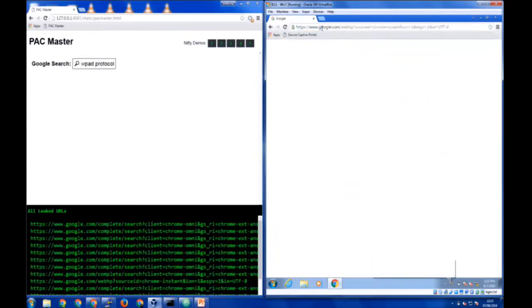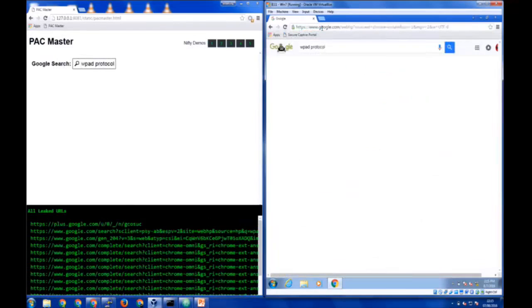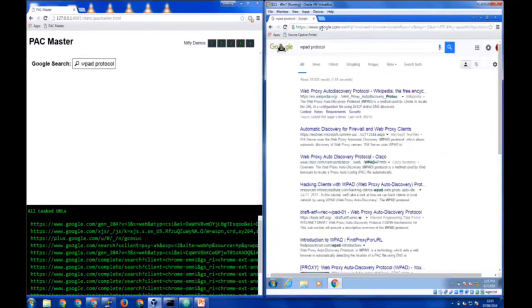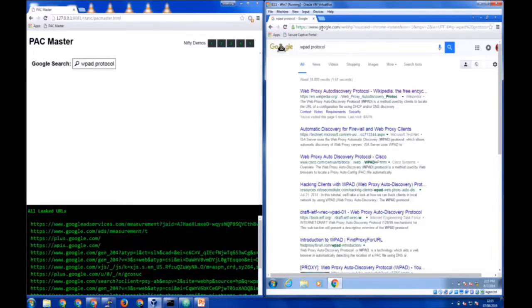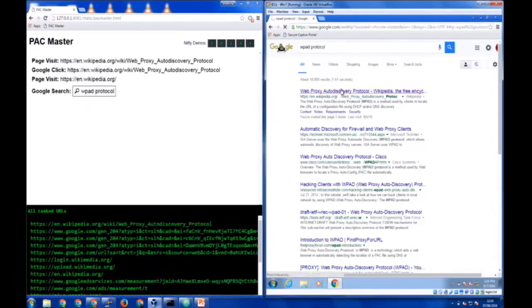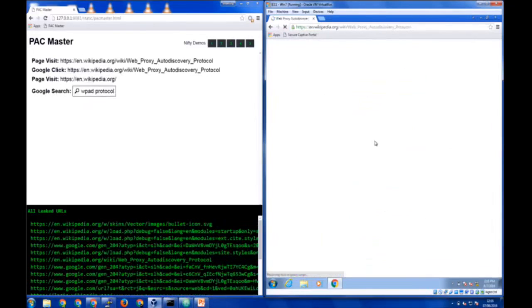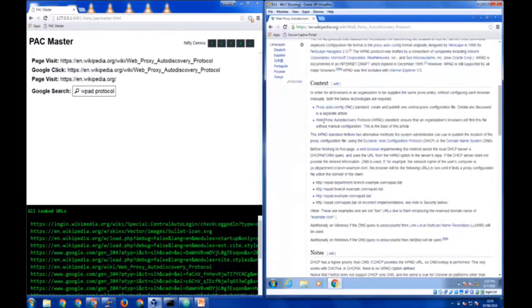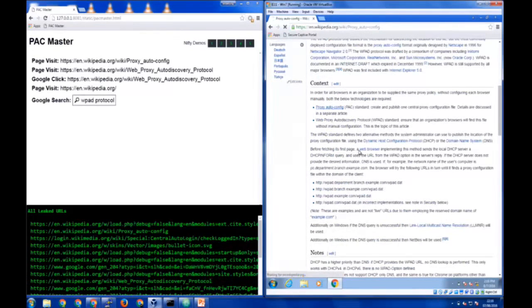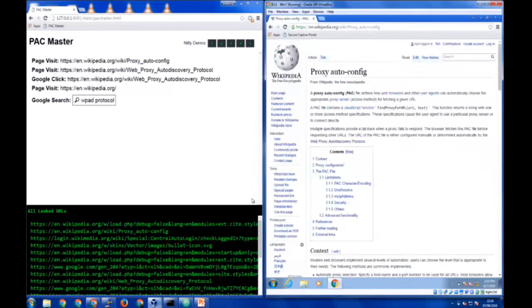Everything you do on Google goes over HTTPS. And as you can see, literally as I was typing, it's being leaked to the attacker, and it's appearing on their side. Now I can browse to Wikipedia, which is HTTPS. I can just browse around Wikipedia, and you get so much traffic here at the bottom, all the URLs being leaked, and at the top is just pulling out the interesting stuff, the actual pages that you're visiting.